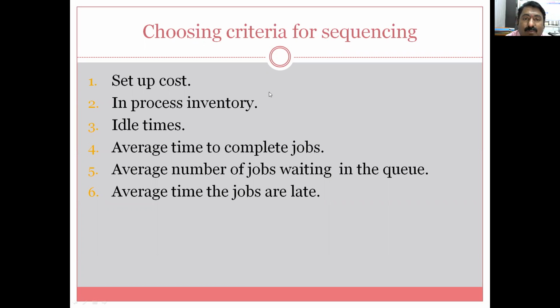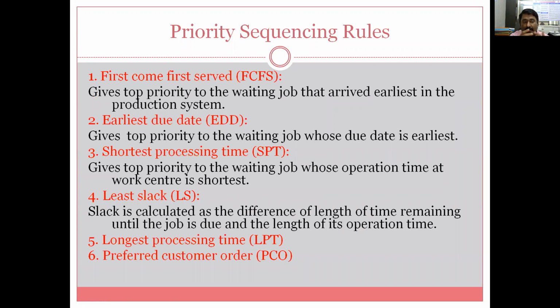The most lagging job, if it has the most priority and demand from the customer, then we have to process that job. So these are some of the criteria. For any one case 2 or 3 may be applicable, for another case only one may be applicable, for another case a combination should be applicable. So these are some of the criteria for sequencing. Next we will look at priority sequencing rules. What are the different rules based on which this priority sequencing is done?